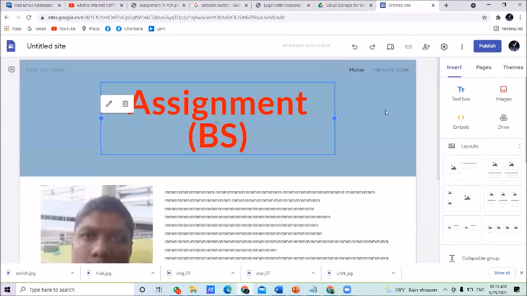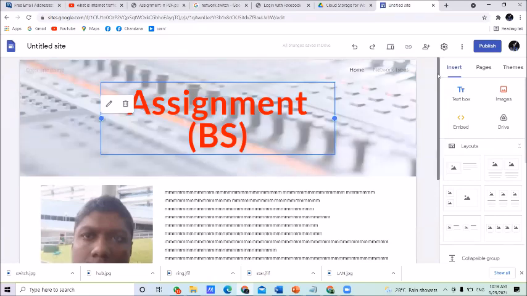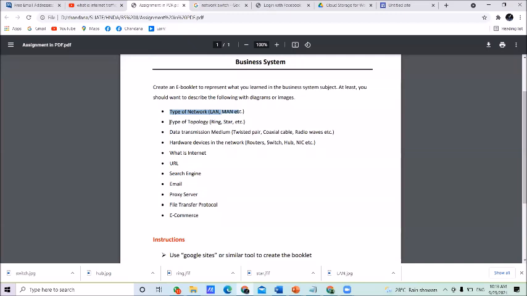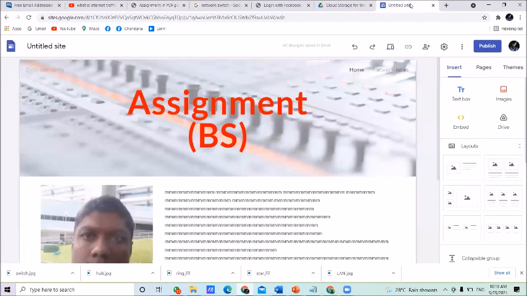Now it is open. This is the way you can open it the next day. Suppose the next day you are going to do the second part of the assignment, the types of topology. Can someone tell me what steps I want to follow if I want to describe the types of topology in the booklet? Earlier we completed the network types part. Now I want to add network topologies.